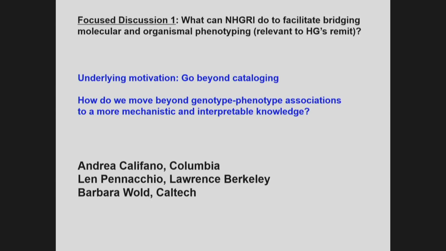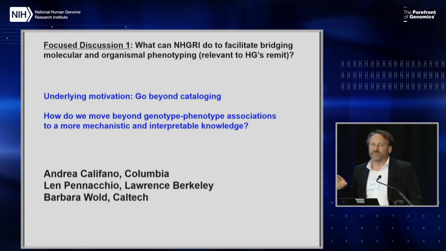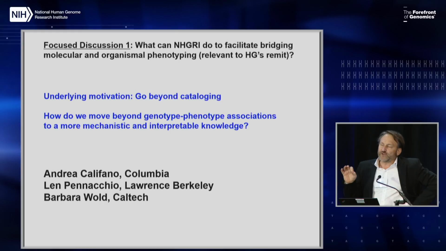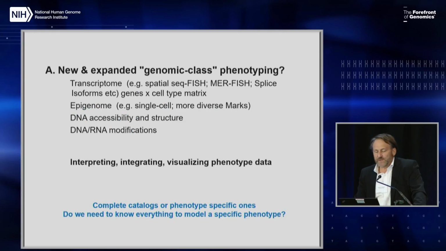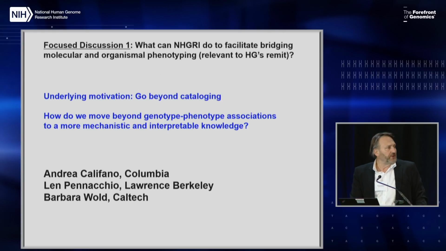All right, so the goal of this session, we actually renamed it a little bit to focus somewhat more because it ended up being a little bit vague in the context of the previous ones, is essentially, can we go beyond cataloging and still remain faithful to the original NHGRI mission? And basically, can we use these approaches to go beyond associational approaches to go between genotype and phenotype, and introduce a layer of mechanistic understanding. Obviously, my co-chair, Barbara Wold, and Len Pennacchio have had major input in putting these slides together.